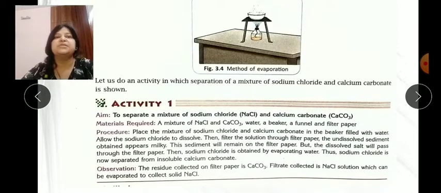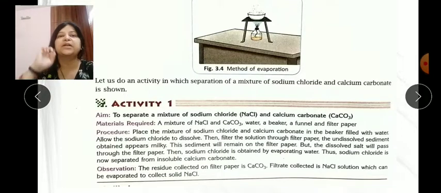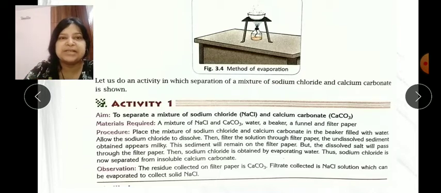Place the mixture in a beaker filled with water and allow it to dissolve, because you know NaCl is a salt, it can easily dissolve in water. Then we filter with the help of filter paper.